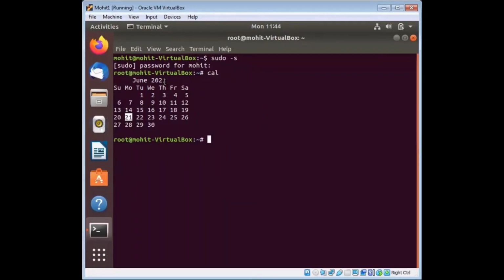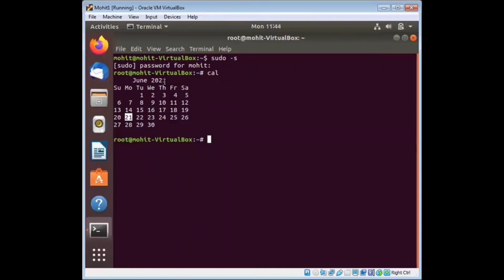In addition to cal, the ncal command, the new cal, is installed in some Linux systems. It provides the same functions as cal, but it can display the calendar vertically.